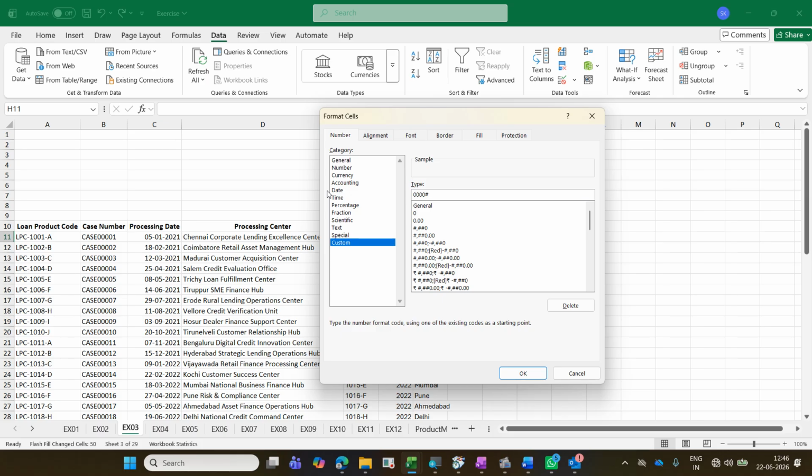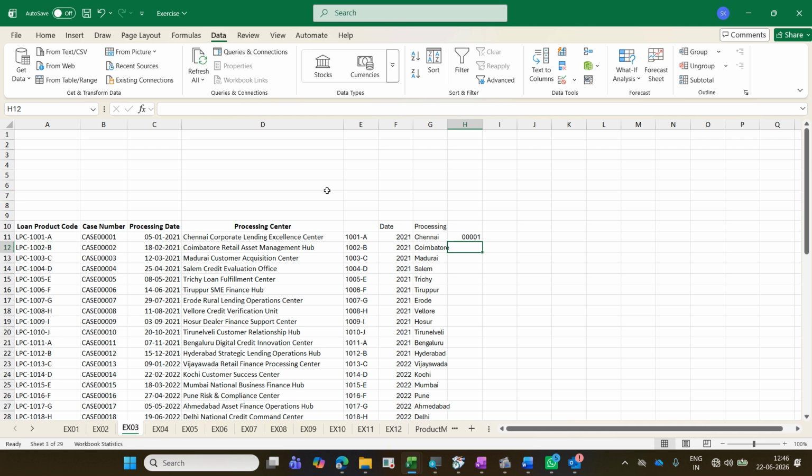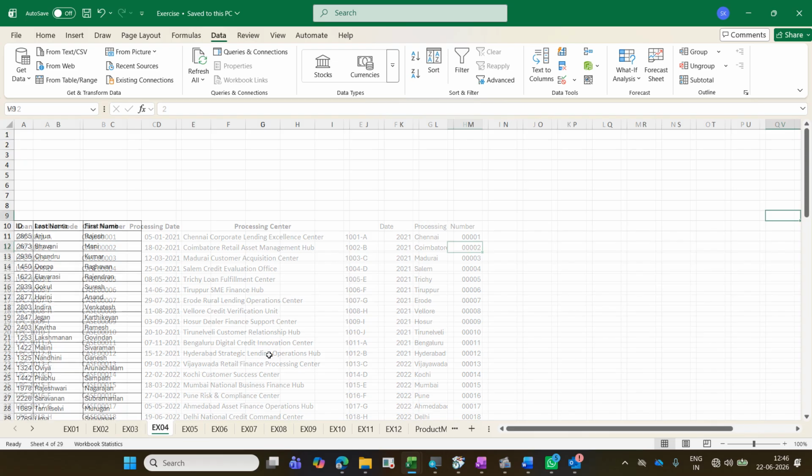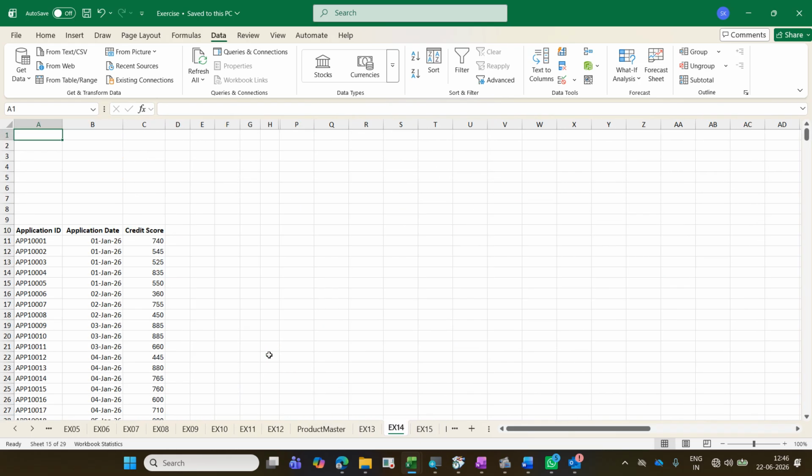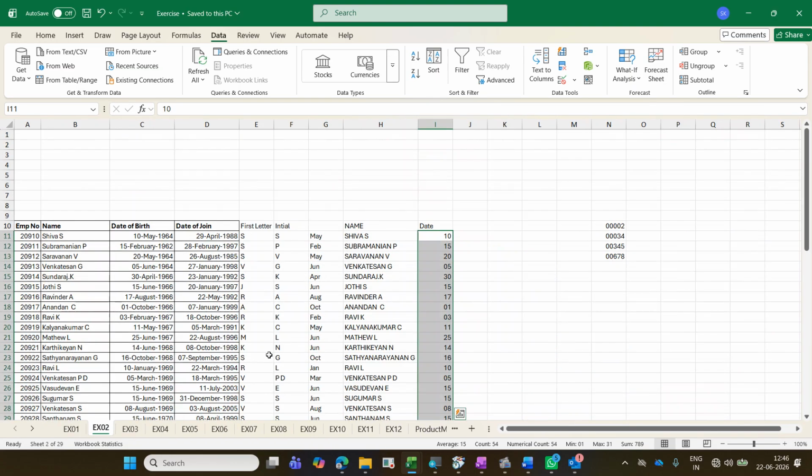Okay, I'm saving the file. I think we have around 29 sheets. At least by today evening we have to complete half, 14. By today evening, maximum by 5:30 we have to complete 14. We have completed only 2. Second half, another 12 exercises to be completed. That's our target. And as I told, it's not required that you have to rush and complete. You have to understand the concept, right? So let me save the file. We'll go for a break. And one more thing is, as I told, you have to go and come back